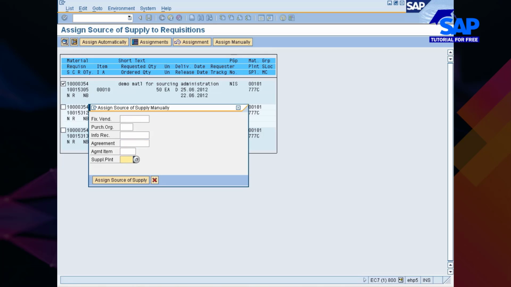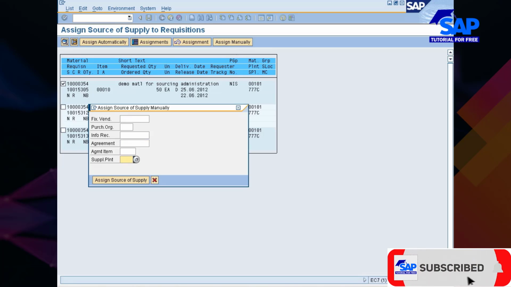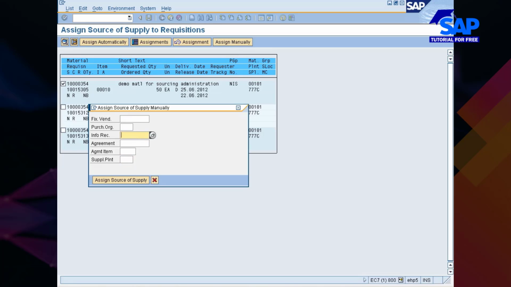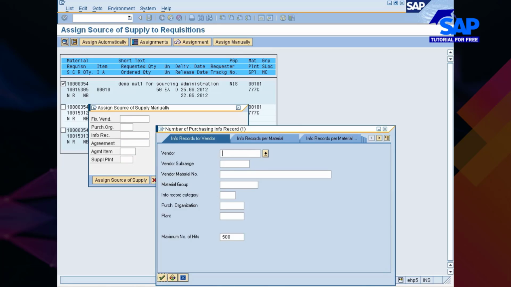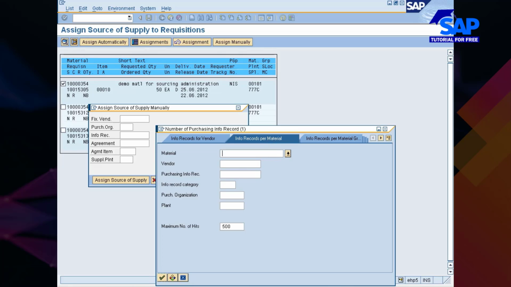There will be different options depending upon what exactly you want to do. For example, you want to find info records based on a certain vendor, or info records per material. So let me give the material number